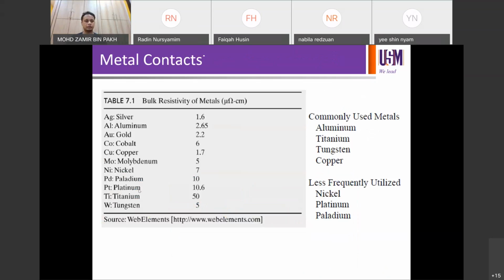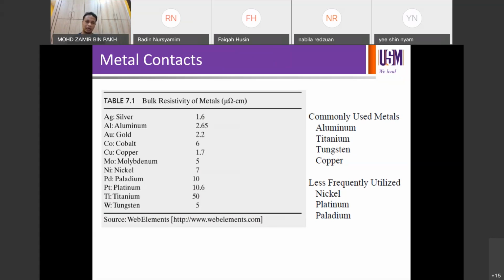So metal contacts. When you work with metals, the fundamental of metal properties is in the resistivity of metals. To be able to use the metals, you need to choose the right one. One of the primary parameters you have to consider when choosing the metals is the bulk resistivity of the metals, typically in micro ohm cm. If you compare with silicon last time, we've been talking about 1 ohm cm,